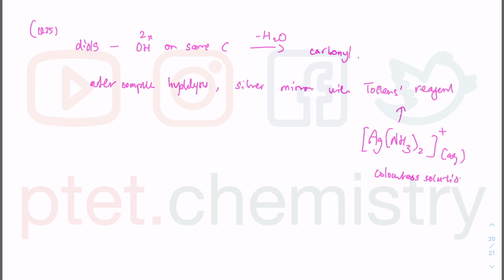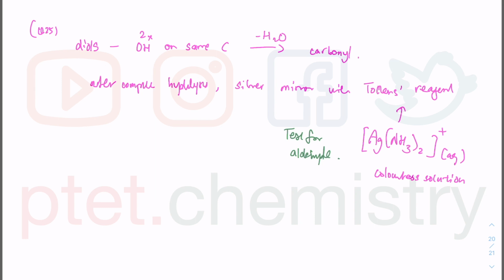So what happened is, this is a test for aldehyde. Aldehyde would actually form this silver mirror. So this is a test for aldehyde, and it will not work for any other alcohols or whatever, only for aldehyde. Let's see, so the idea is we are looking for aldehyde, and we are looking at